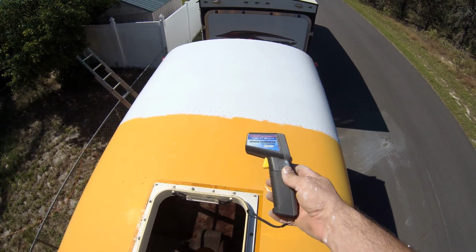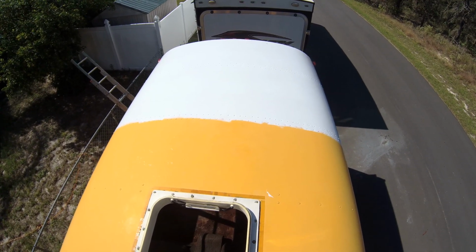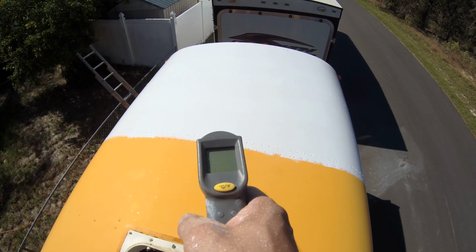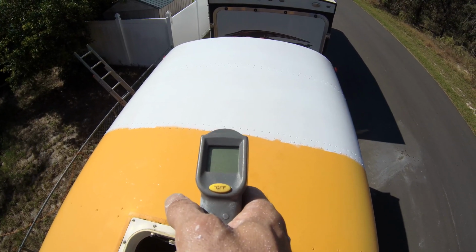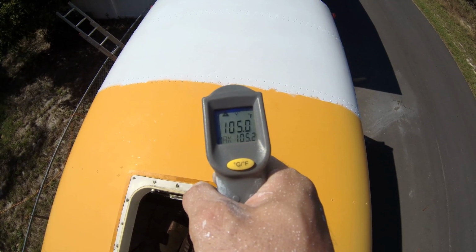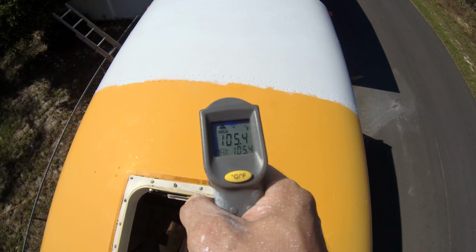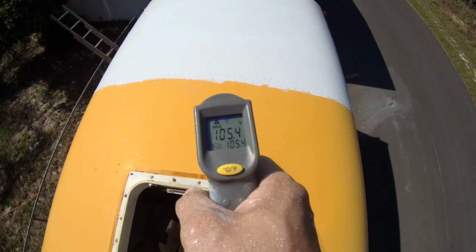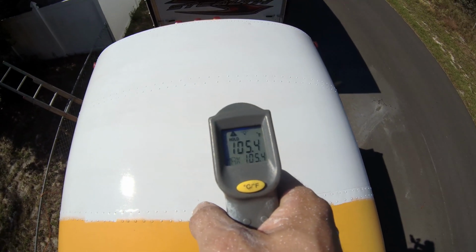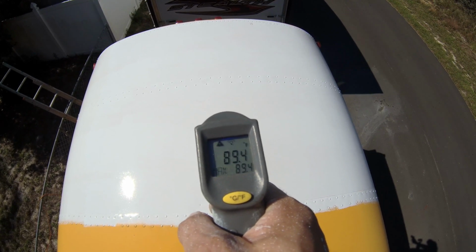And so I've got my trusty Harbor Freight temperature gun here, and we're just going to do a quick test of how hot it is. So we're going to start with the yellow part and make sure I've got everything in frame here so you can see it. And so the yellow part is about 105 degrees, which is not great for walking on when you're barefoot up here. And we're gonna walk just right over here at exactly the same height and everything. And look at that,